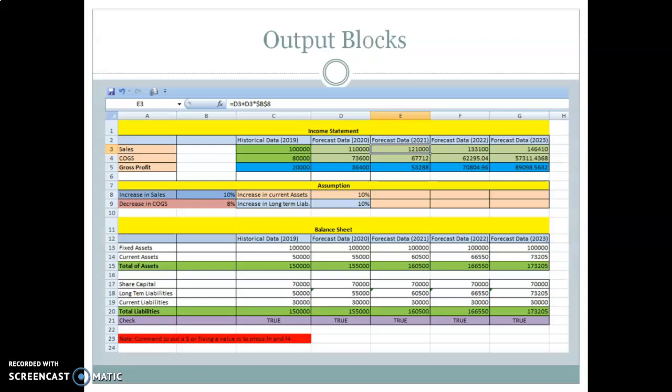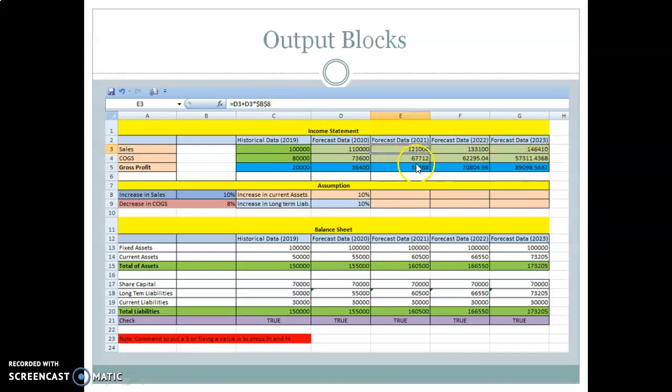See over here. So now we will discuss this output blocks, right? Let's say I'm developing a model for the future income statement and balance sheet, and I'm developing this model for the management. So management is not very much interested in the inputs information, and they are not even interested in the assumptions, right? And they are not even interested in the calculation part,